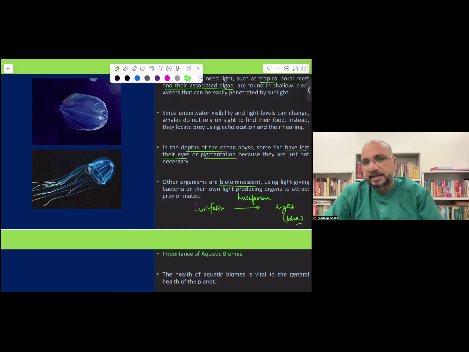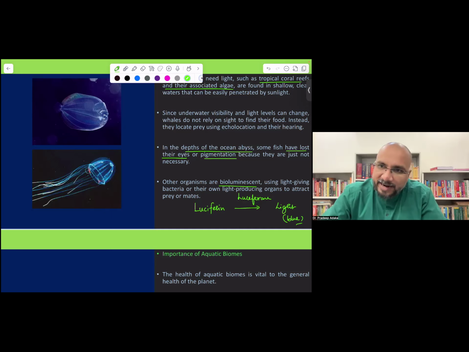Now this light is either to scare away the predator. These animals that produce light can be prey, so other animals can come and eat them. So they produce the light to startle the predator or to attract the prey. They also are dependent upon other animals, so they also have to feed. So they attract other animals by this light. Other smaller animals will come near this fish, attracted by the light, and this fish will catch